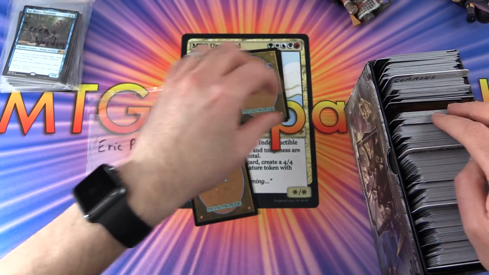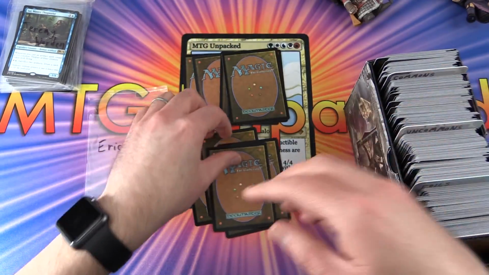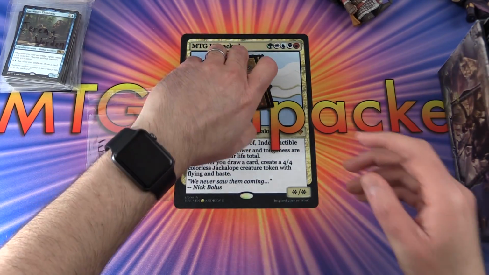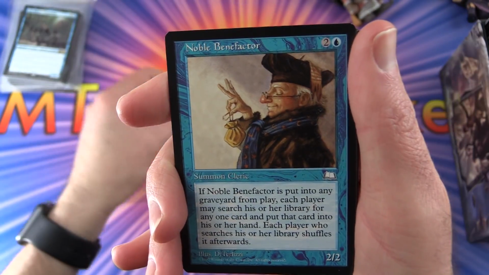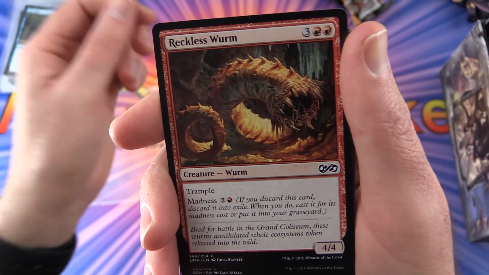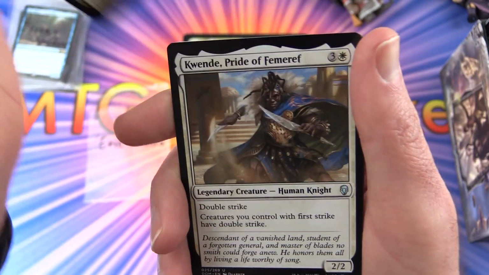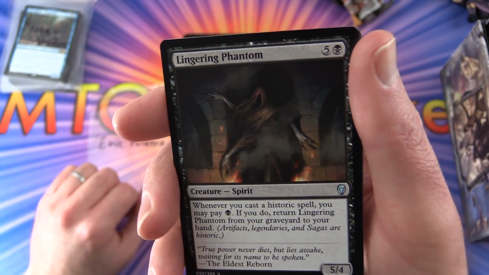And then moving on to the uncommons. And grab a foil, and your rares, number 1 and number 2. Alright, good luck, sir. Let's see. Starting off with Sonic Assault, Noble Benefactor, Spider Umbra, Reckless Worm, Severed Strands, and for the uncommons we have Exclusion Mage, Palace Jailer, Quend Pride of Femeref, Siegebreaker Giant, Lingering Phantom, that's pretty cool,